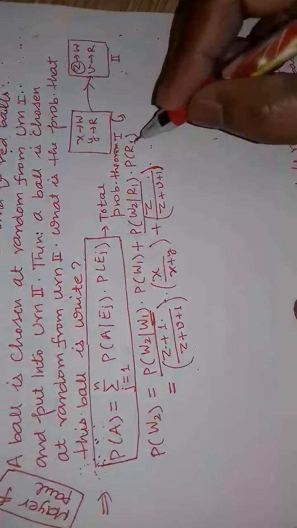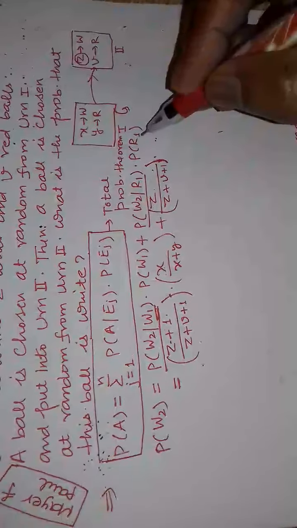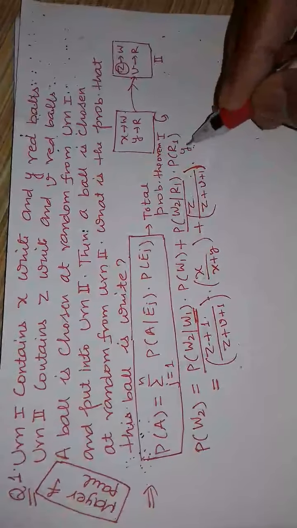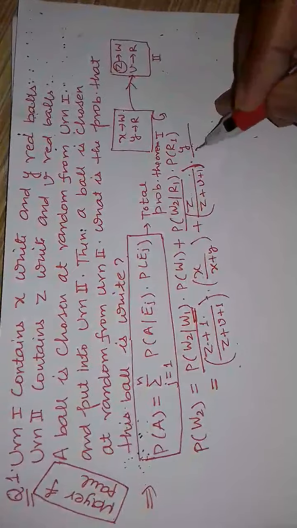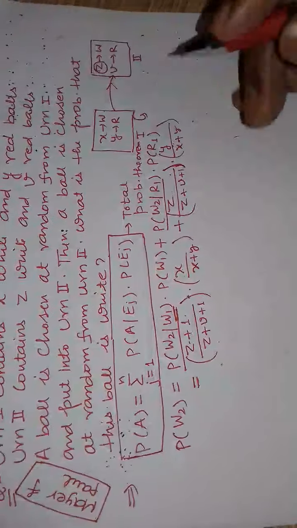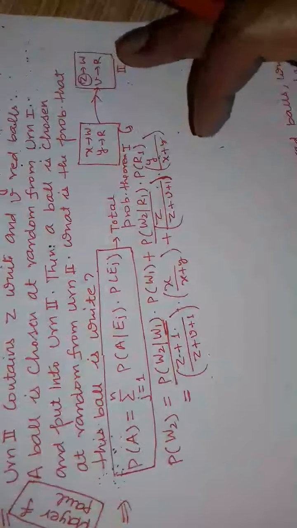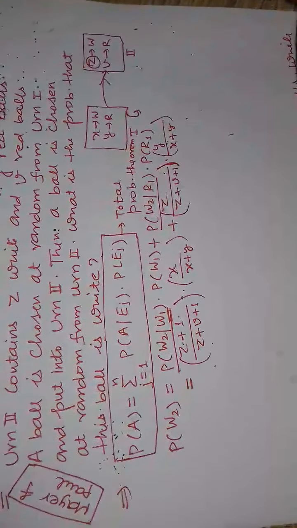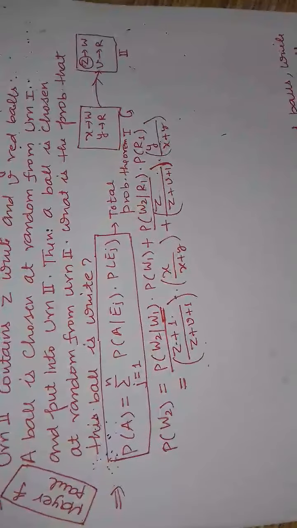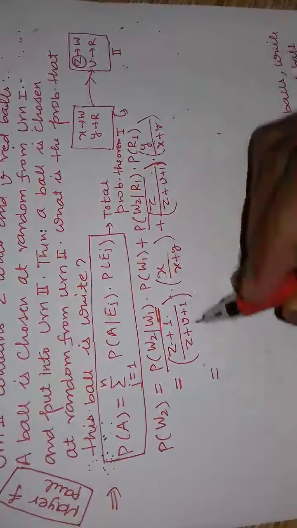Now into the probability of R1, meaning a red ball in the first urn. The probability of red in the first urn will be how much? Y red balls, and the total balls in the first urn are X plus Y. So there will be Y upon X plus Y. So this is the probability for this question, a white ball taken from urn second while one ball has been transferred from urn first to urn second. So just solve this, then you take the LCM.